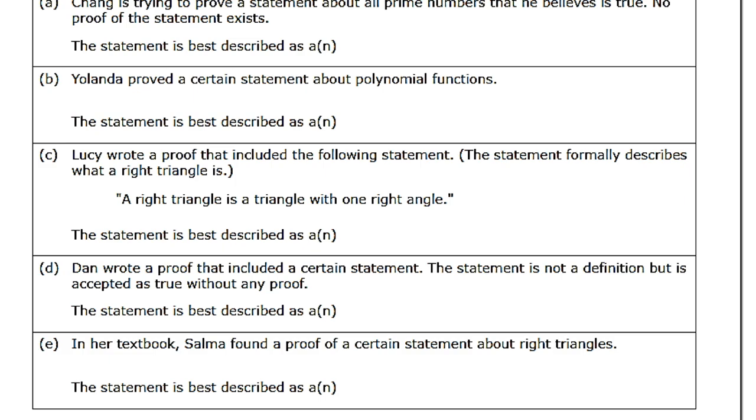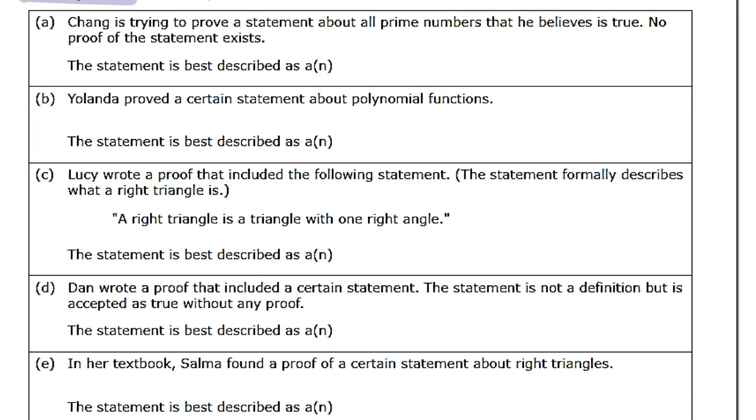So, Chang is trying, that's a good keyword here, oops, sorry, I moved that up too far. Chang is trying to prove a statement about prime numbers. He believes it is true. No proof of the statement exists, so that is something to know. There's no formal proof that exists. This statement is best described as what we call a conjecture,